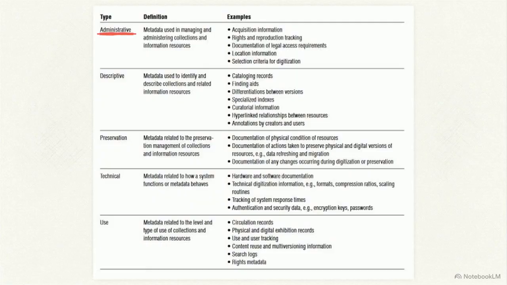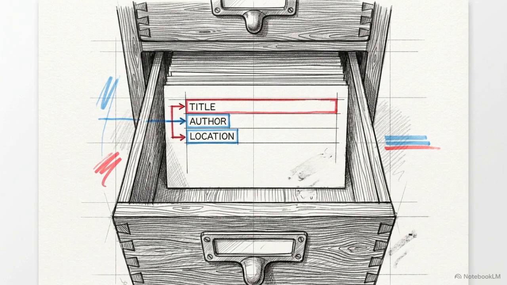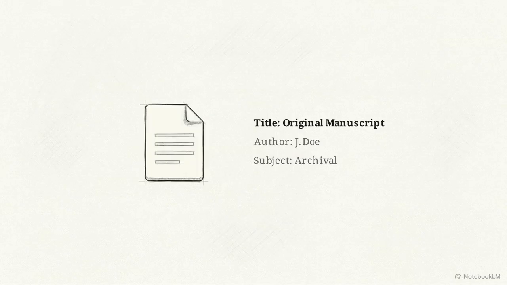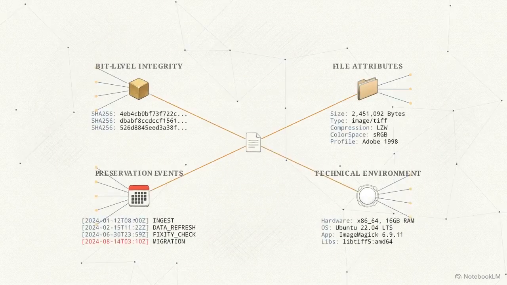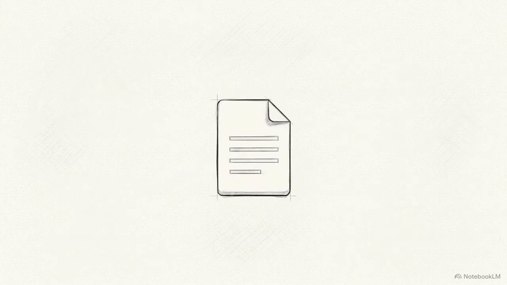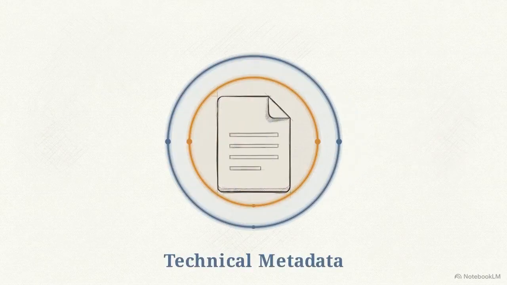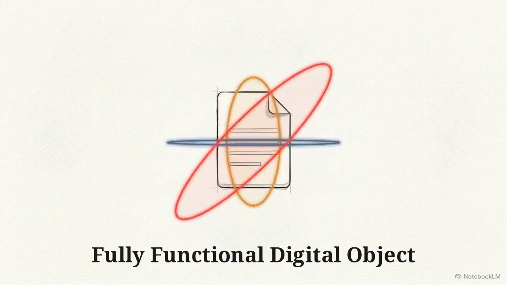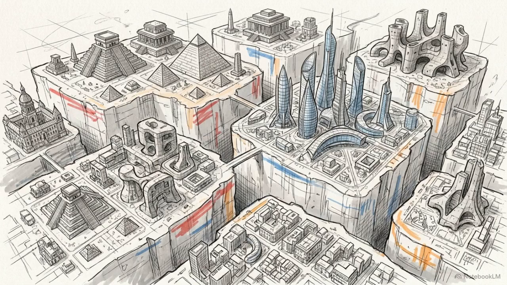This second table details how these functional categories translate into daily administration. Tracking the physical condition of a resource, managing intellectual property rights, and documenting legal access requirements all demand their own dedicated, rigid data fields. A traditional broad descriptive schema like MARC is excellent for cataloging a book's author, but it cannot efficiently handle the hyper-granular technical demands of a digital preservation standard like PREMIS. Therefore, a single digital object only becomes truly functional when these distinct layers, descriptive, technical, and preservation, are simultaneously wrapped around it. Since we must rely on multiple, competing schemas, we have to build bridges between them.